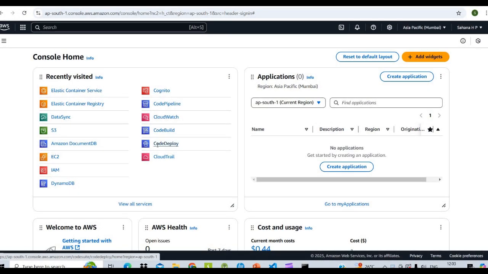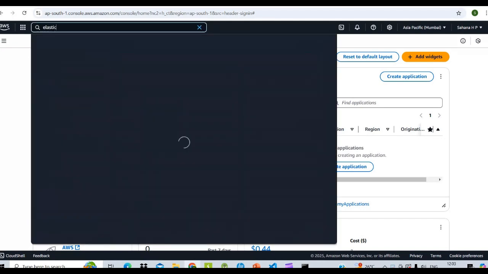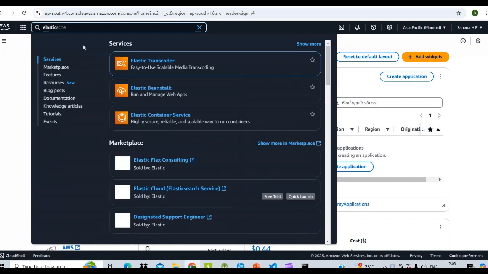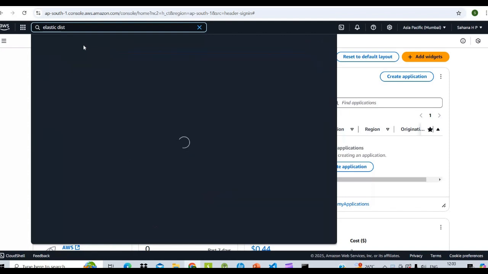Here we will see how to create AWS EDR, Elastic Disaster Recovery. Before that, we need to set up and install the disaster recovery. So open the Elastic Disaster Recovery, and we also need to launch the instances.